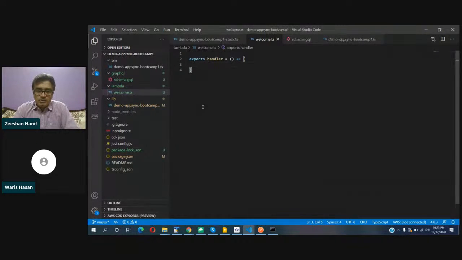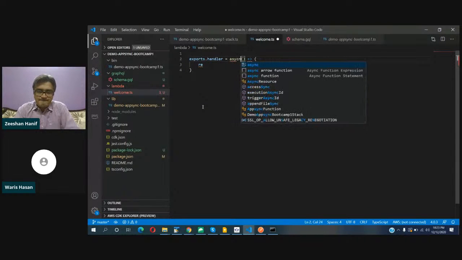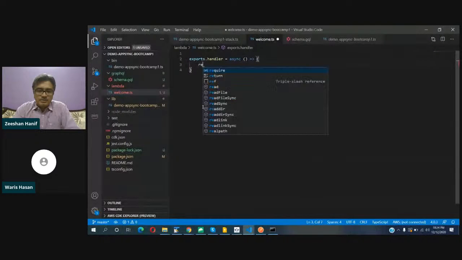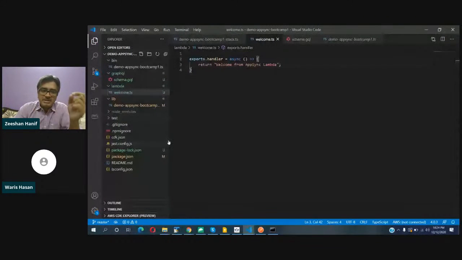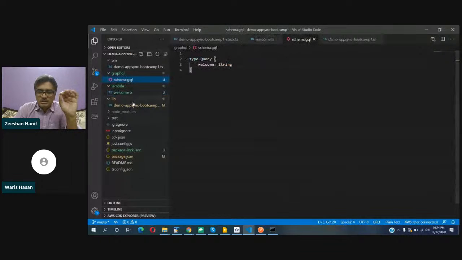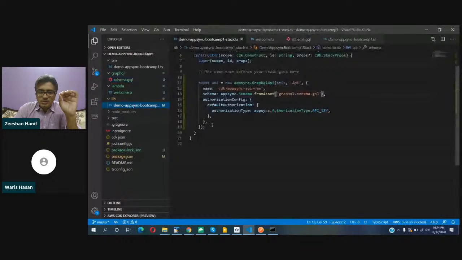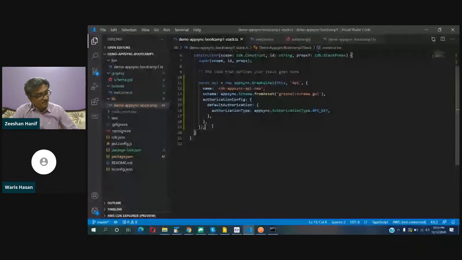Okay, and it needs to be async. And it will return welcome or hello world from AppSync Lambda. So we have created a basic Lambda, a very basic schema, and this GraphQL API. Now we need to create another construct that will create the Lambda function. So for that,